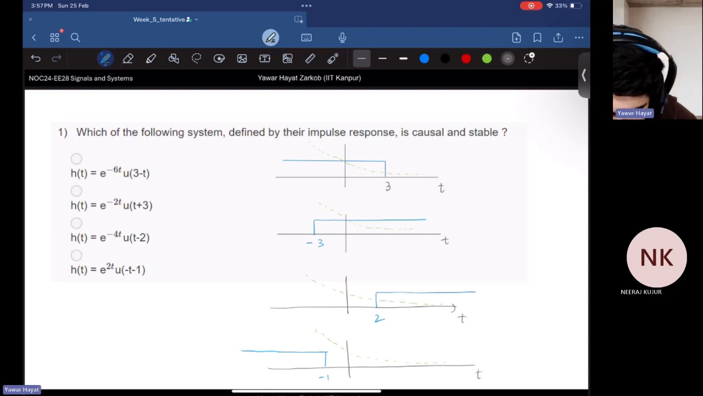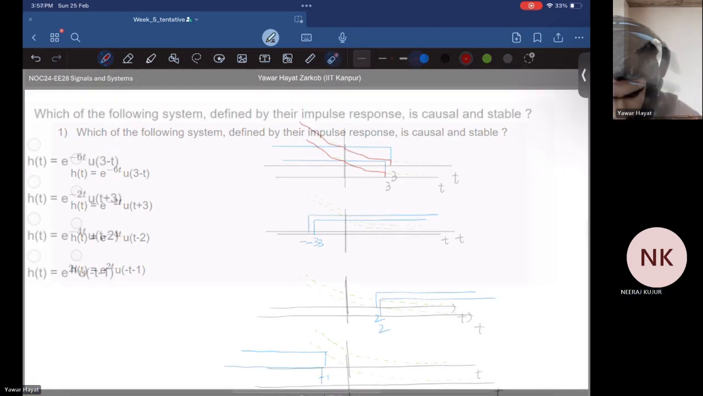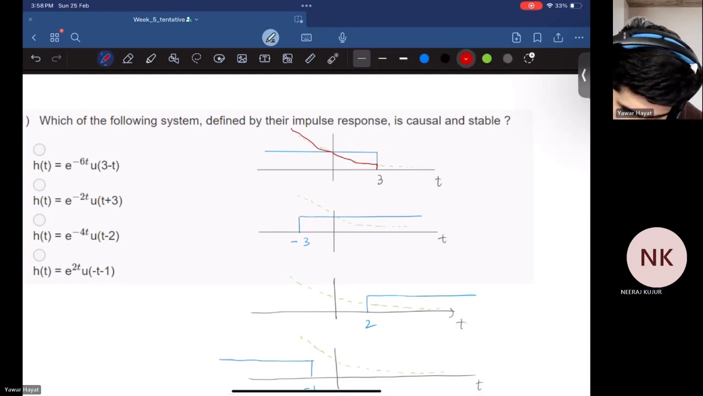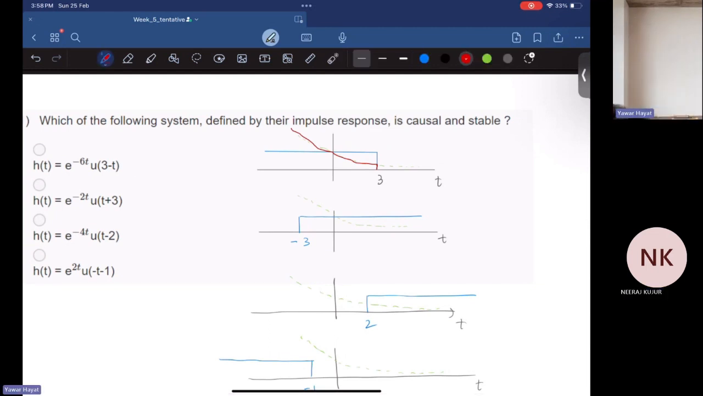Okay, so which one should be causal? Now, what would be the signal? Signal is basically multiplication of these two. So you'll have the whole signal. Sir, in case A, the input is unbounded. Okay, firstly, let me draw all of these. Just correct me if I'm wrong. Right, it would be this. And likewise,